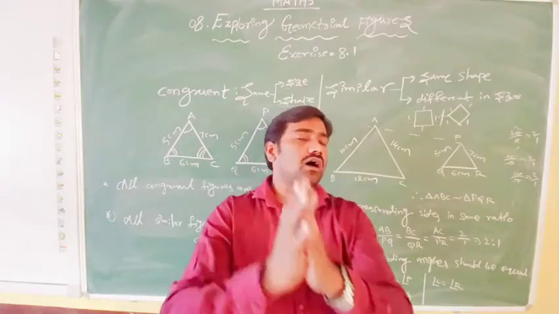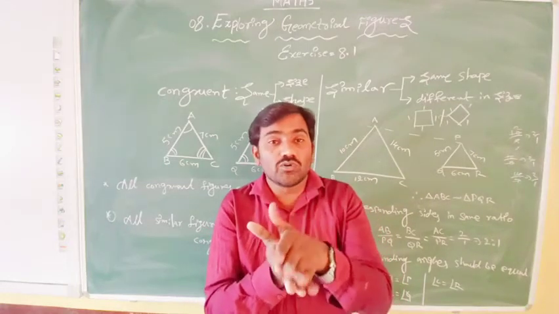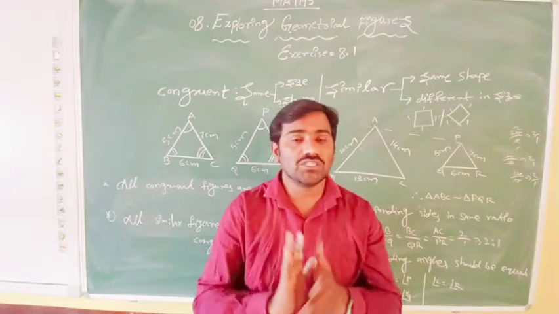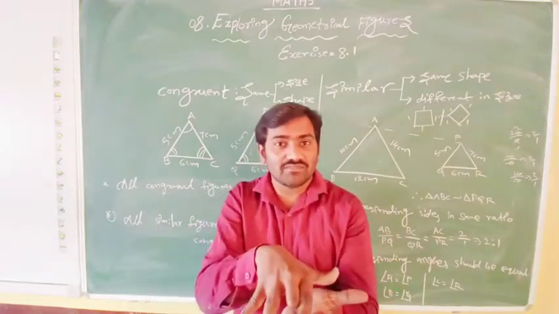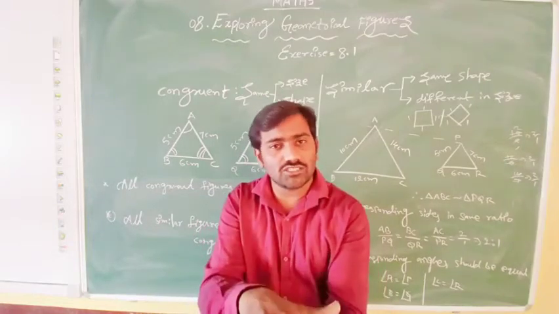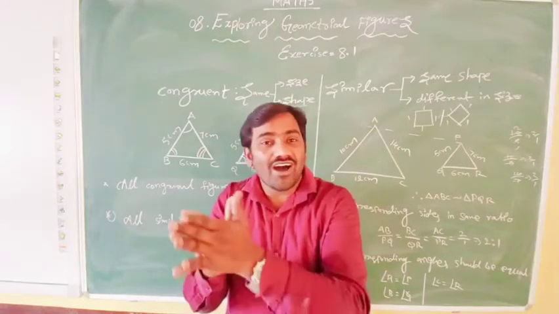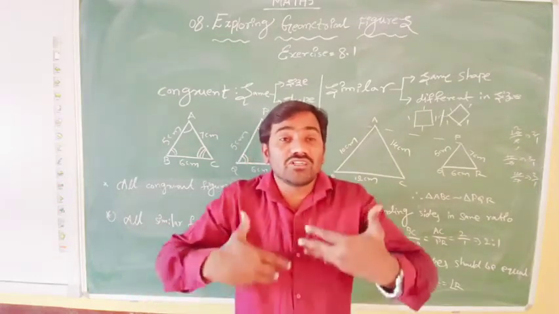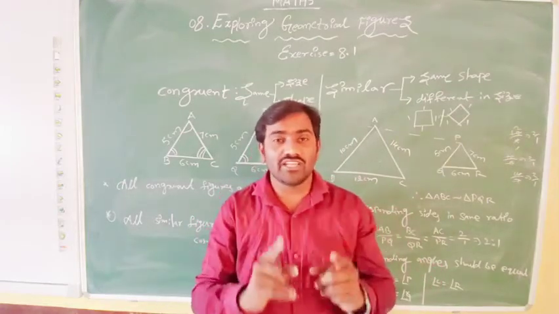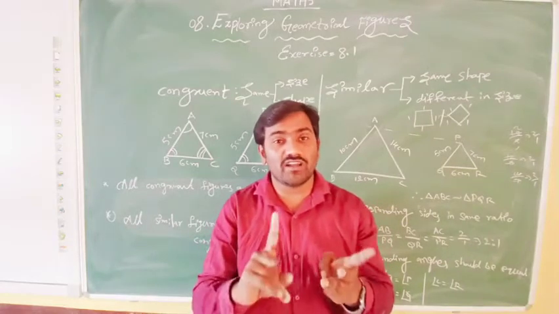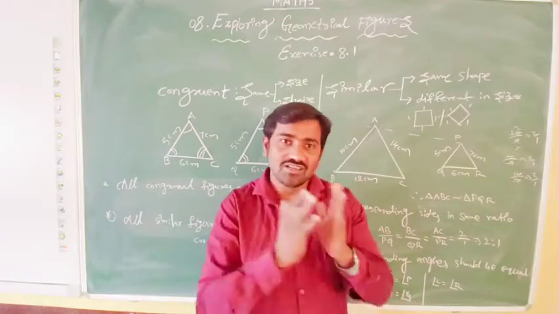of a shoes are congruent. The mathematical textbooks of a same class are congruent to each other. Suppose 8th class textbooks, you collect all 8th class textbooks of your class, they are congruent to each other. Not only 8th class textbooks, you collect other subject textbooks also, they are congruent to each other. All congruent figures are similar. Whatever I told till now, the examples, they are similar also. The pair of earrings, bangles, shoes, socks, textbooks of a same class are similar also.